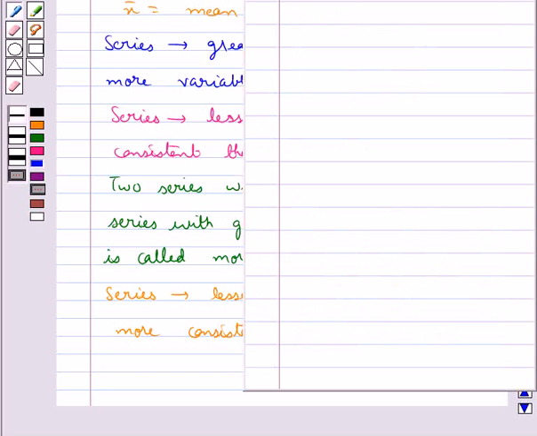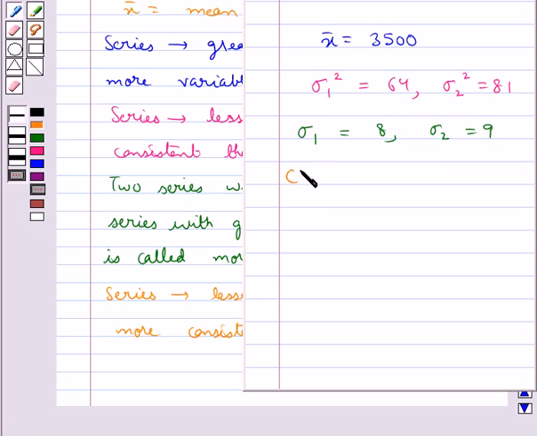Like suppose we are given mean x bar equal to 3500 for two distributions and variance for first distribution given by sigma 1 square is equal to 64 and variance for the second distribution given by sigma 2 square is equal to 81. So from here we have standard deviation given by sigma 1 for the first distribution is equal to 8 and sigma 2, that is the standard deviation for the second distribution, is equal to 9. Coefficient of variation CV1 for the first distribution is given by sigma 1 upon x bar into 100. This is equal to